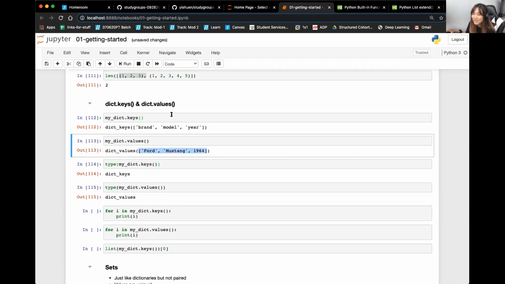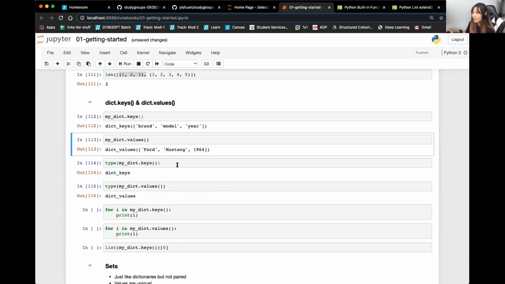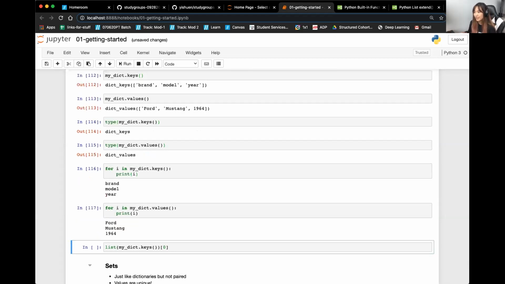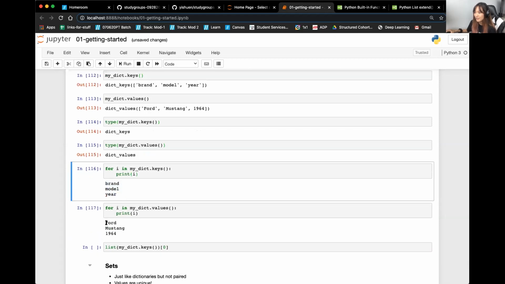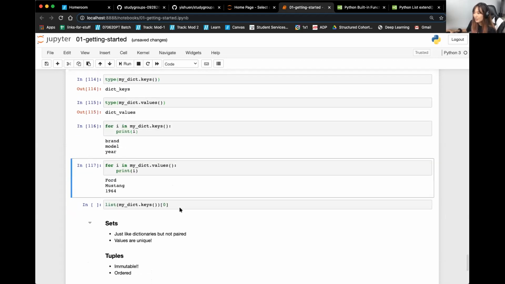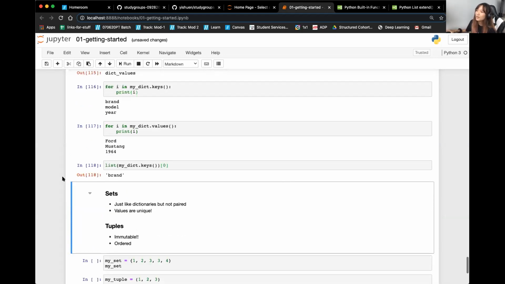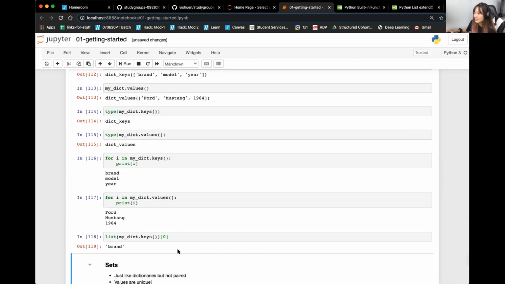So you can iterate through these. Let's say you just need to work with the values, you can do that. But yeah. So here we have the type, you can iterate through them, get the keys, get the values, and they also work by indexing, because now we've turned, let's see, what's this? We've turned the